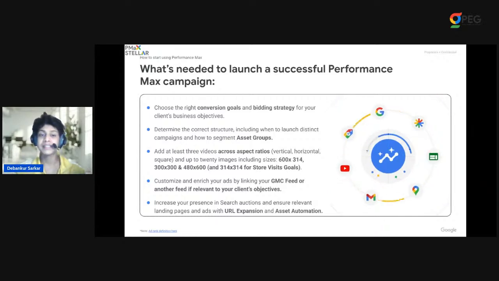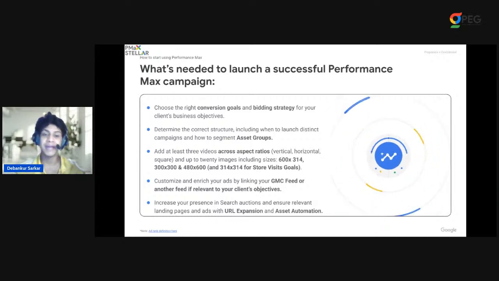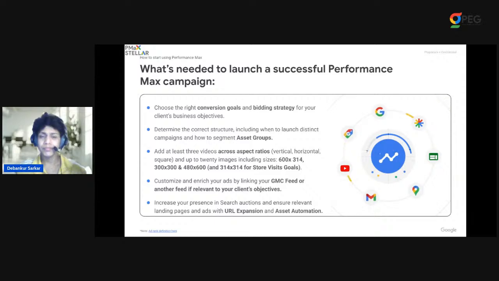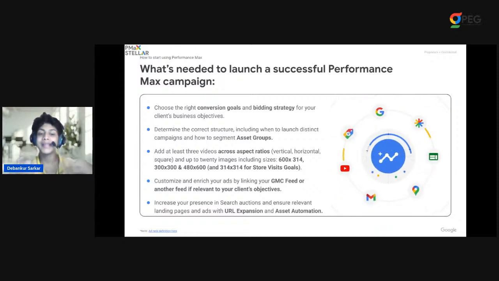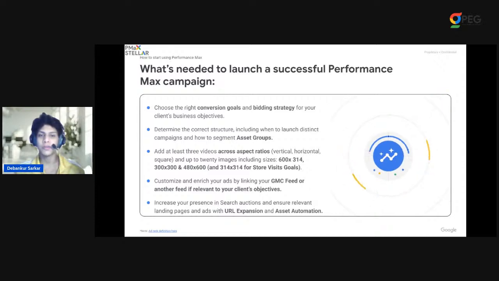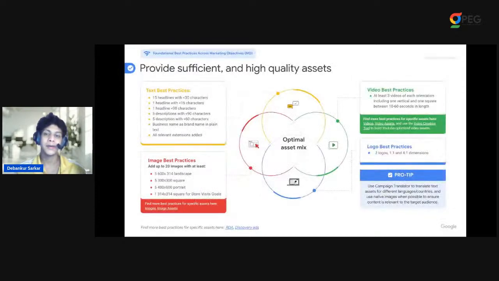While Performance Max is not solely a search campaign, leveraging these features can help you capture relevant search traffic and ensure a consistent user experience. And by focusing on these key elements during a Performance Max campaign setup, you provide the AI with the high quality inputs it really needs to effectively find and convert your target audience, ultimately leading to more successful outcomes for your business. Now, as I mentioned, we'll spend some time around the creative best practices there,